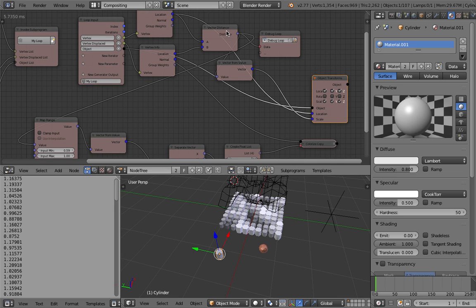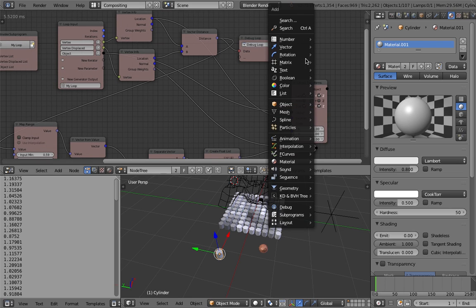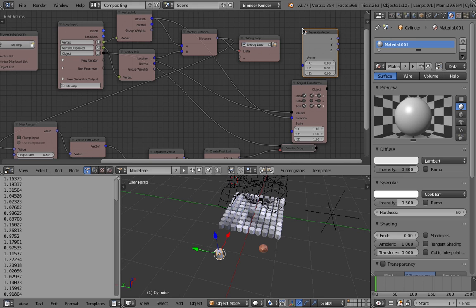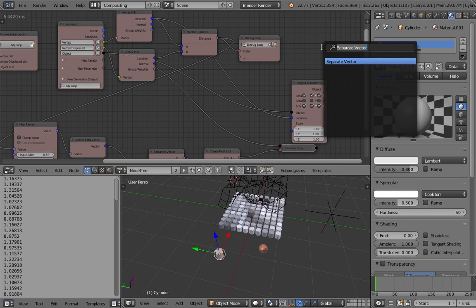Instead of piping the vector distance all into 3 outputs like this into the scale, we're gonna use another separate vector. The X and the Y should be 1, not changing, but the Z should, not separate vector, it's more like combined vector.